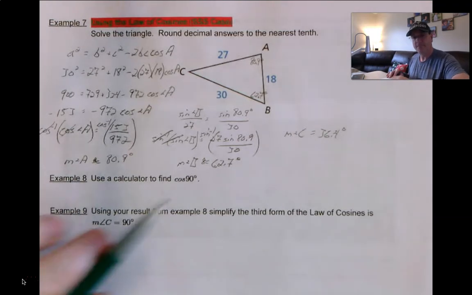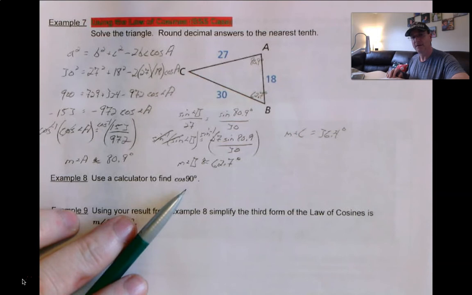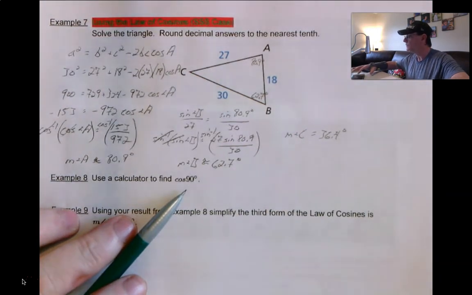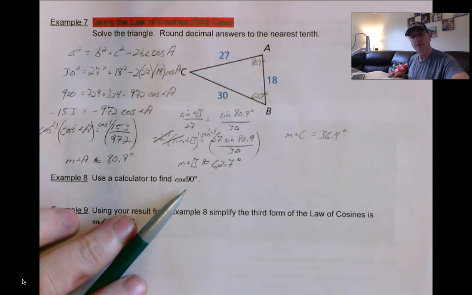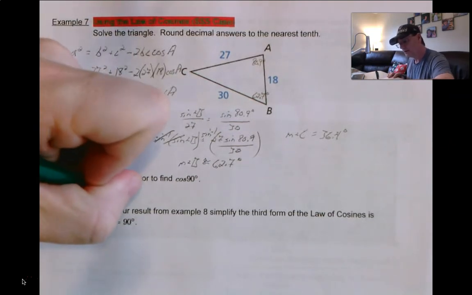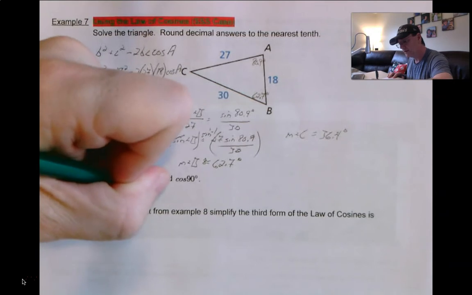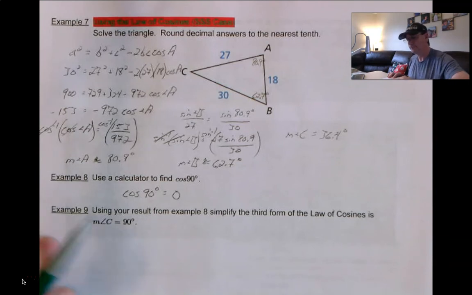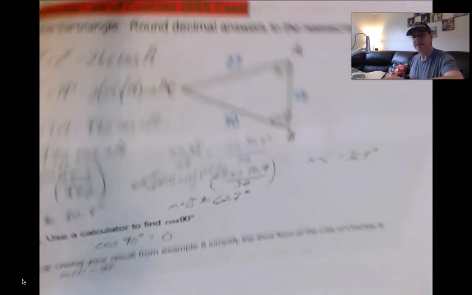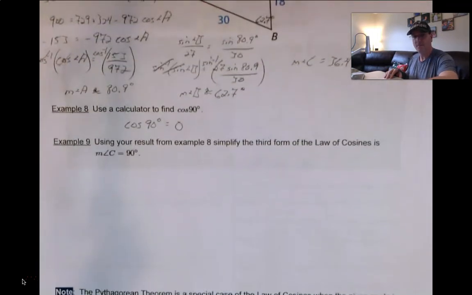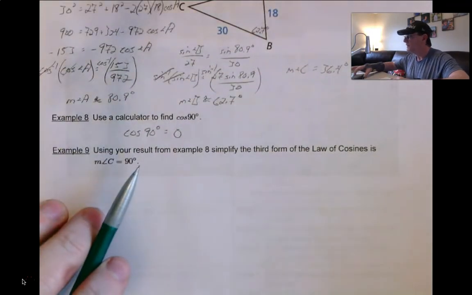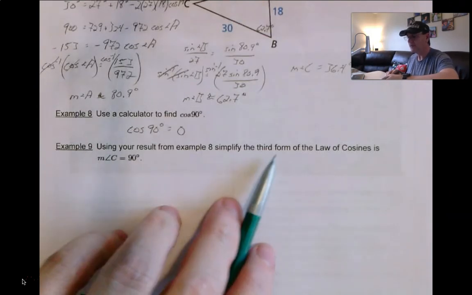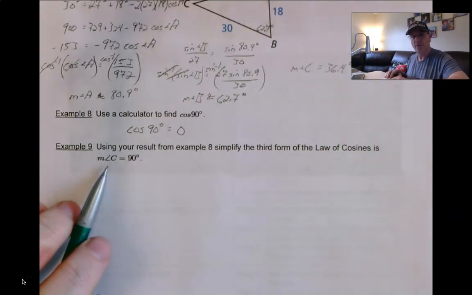All right, example 8. Use a calculator and type in cosine of 90. So 90 cosine. When you hit cosine of 90 degrees on your calculator, you should come up with 0. Example 9. That's going to lead us into this example 9 here. Using the result from example 8, simplify the third form of the law of cosines,